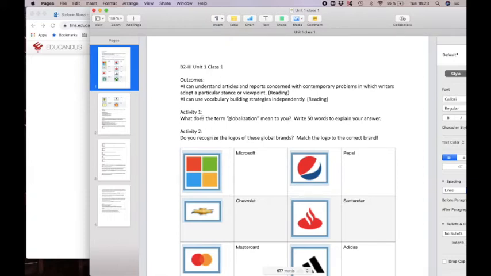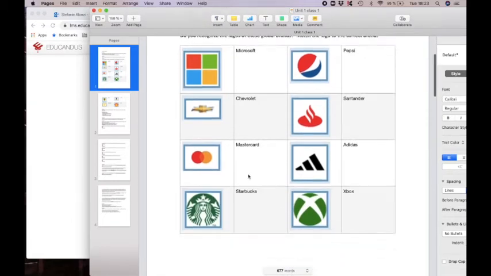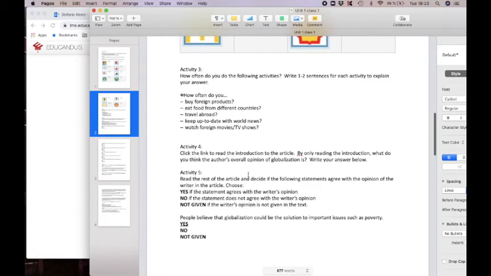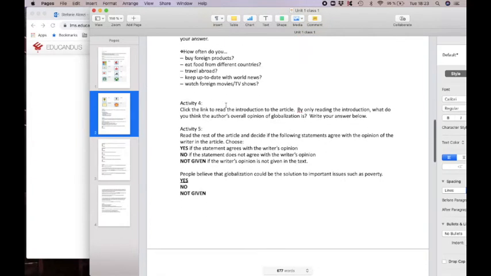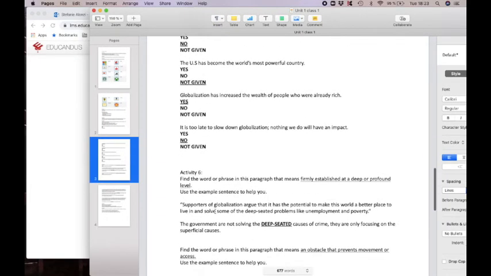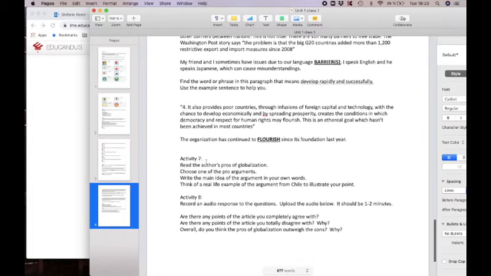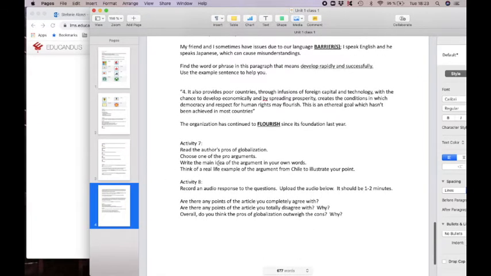We can see I have a warm-up here, a couple of warm-up activities just to get them started, then a little bit of a writing activity, then we move on to the reading comprehension. I have a couple of activities here, some vocabulary activities here, and then a little finisher where they're giving their